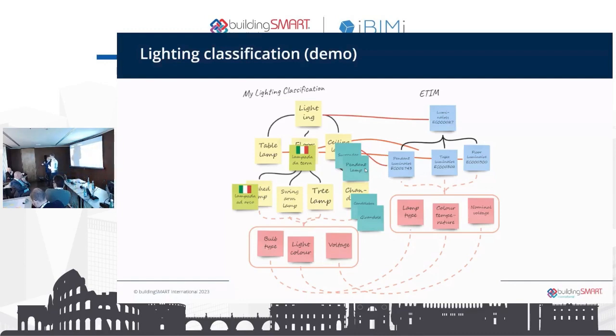So there's a question here. Before questions, thank you very much for the presentation. As I said at the beginning, there are many interfaces to bSDD because this is just a service that is happening in the back, and the user does not necessarily need to see the bSDD page because that's not always the intended use. So that was one example of how you can contribute data to bSDD and how to use it from the perspective of a BIM modeler. And there are many use cases.